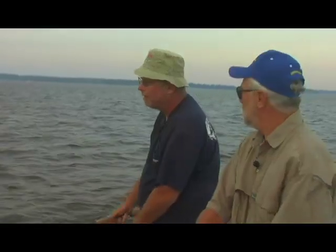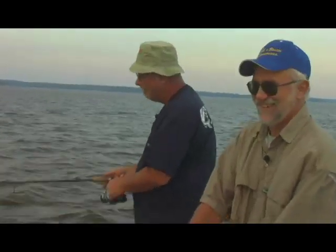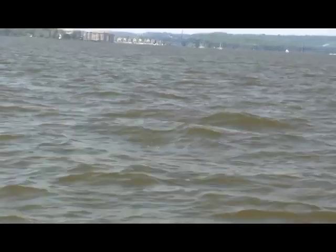Well, the Susquehanna Flats is a big open area, and it doesn't take much wind to get it all chopped up. You get a good foot and a half, 2 foot wave going. And the problem is store-bought topwater lures just aren't made for that. And some of your best striper fishing is in the not so pleasant weather. So I set out to design a bait that would do it, and we got the Captain Carl Special,